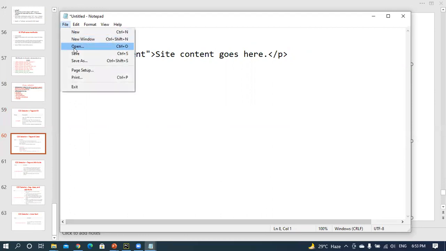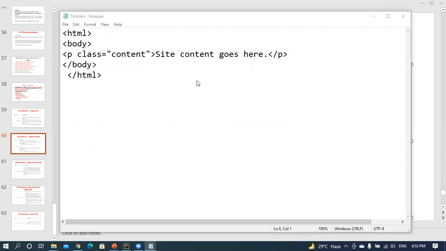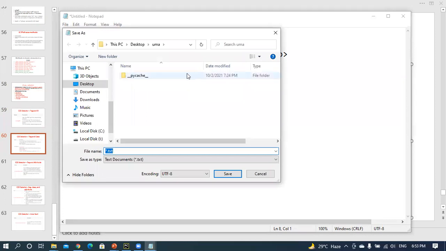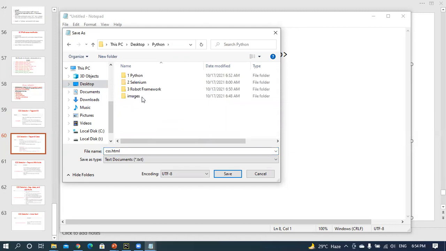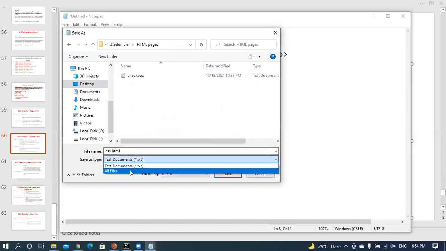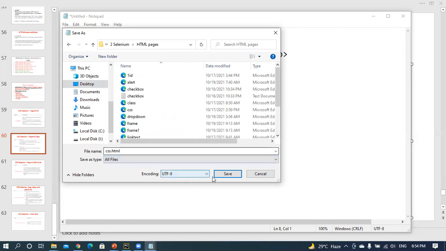Save this one, for example, on the desktop under Uma. I am writing CSS dot HTML, storing it in the Python Selenium HTML page folder.